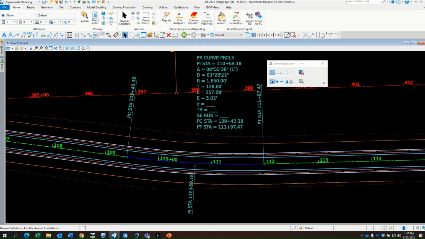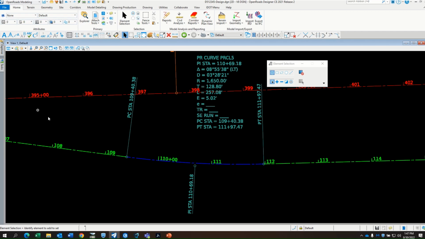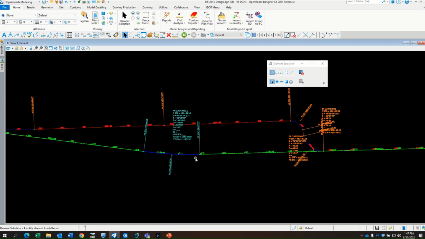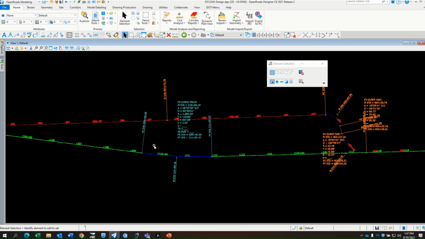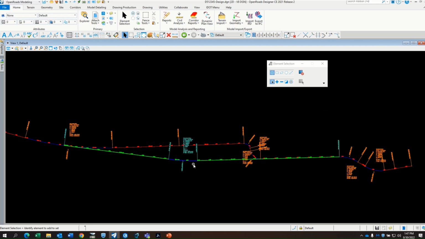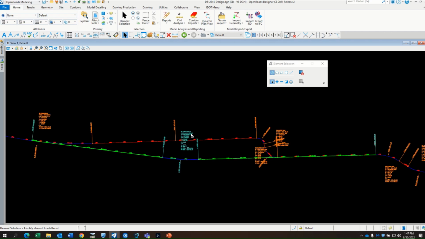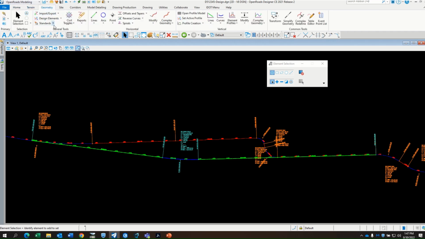So if I was to turn off the corridor and draw my plan view elements in myself and then reference it in, everything should be right on top of each other, should be looking good. So let's do that. If we're going to draw, what are we going to do first? We're going to set that feature definition, right? And so I'm going to go to the Geometry tab, Feature Definition Toolbar,